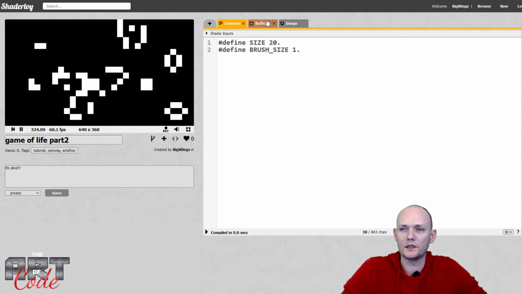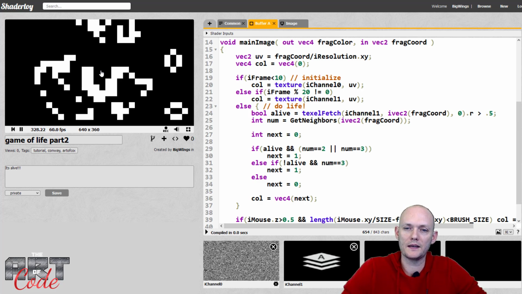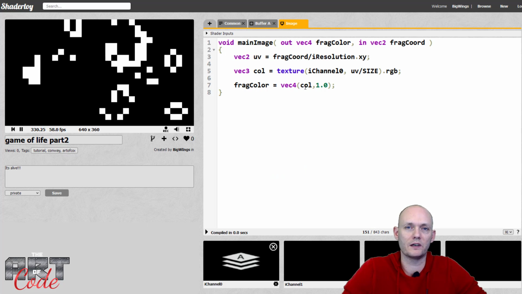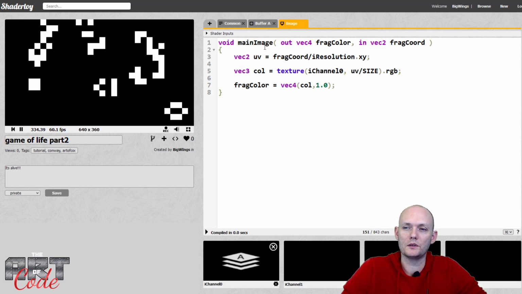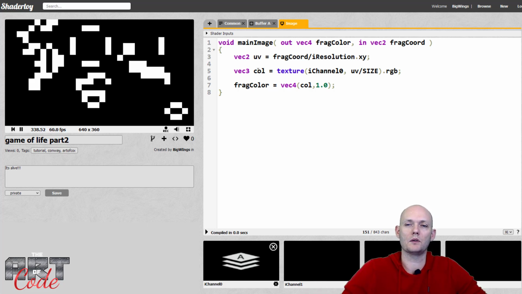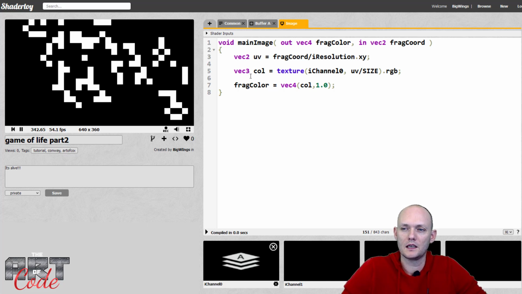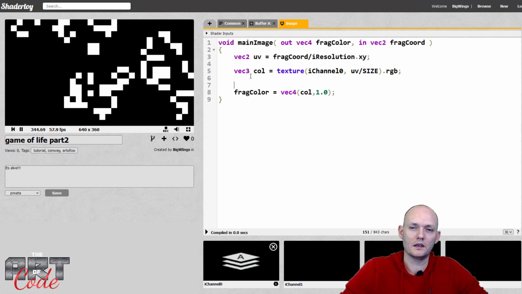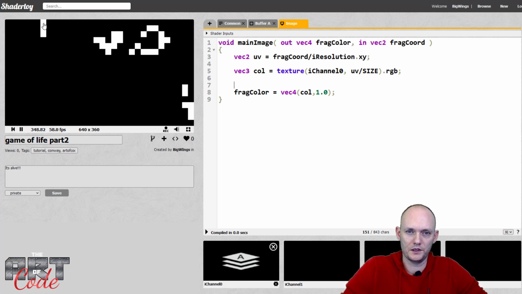Okay, so this buffer A holds the information of the life field, and then the image just renders that field, right? So what we want to do is change the rendering. The underlying data stays the same, but we're rendering it in a different way. And for that, I can go over here and, well, let's first draw a bunch of circles for each of these